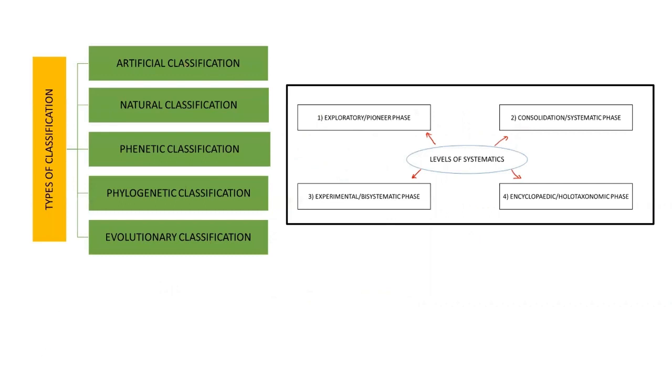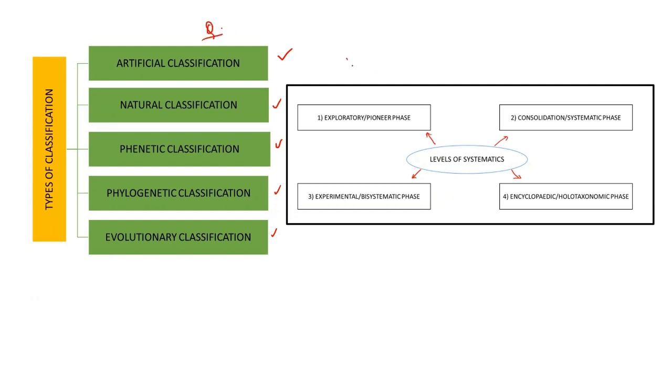Now, in taxonomy, you should be knowing about the types of classification that are important, like the artificial, which includes the linear one, the natural system of classification, like the Bentham and Hooker and all, then phonetic classification, which recognizes the overall similarity, where the data comes from different fields. Then phylogenetic, that is based on evolutionary lineage or the evolutionary classification per se that later developed. So you should be knowing about all the types of classification that is important